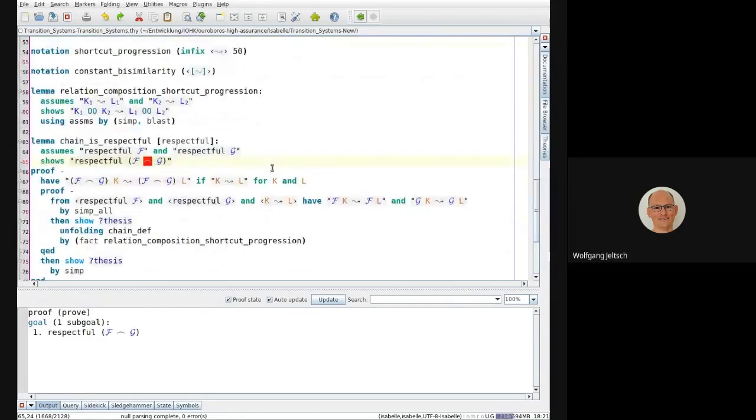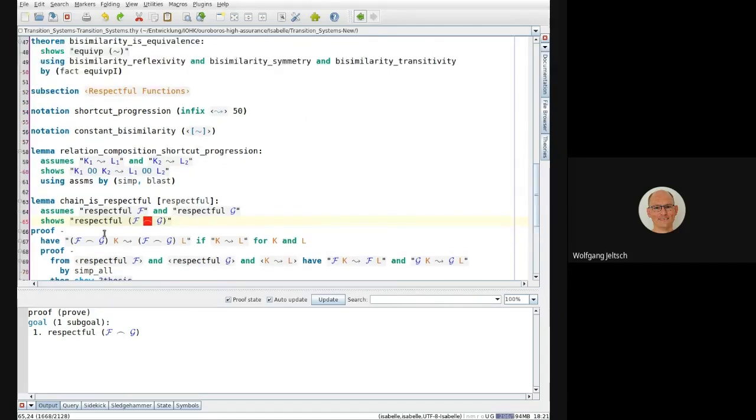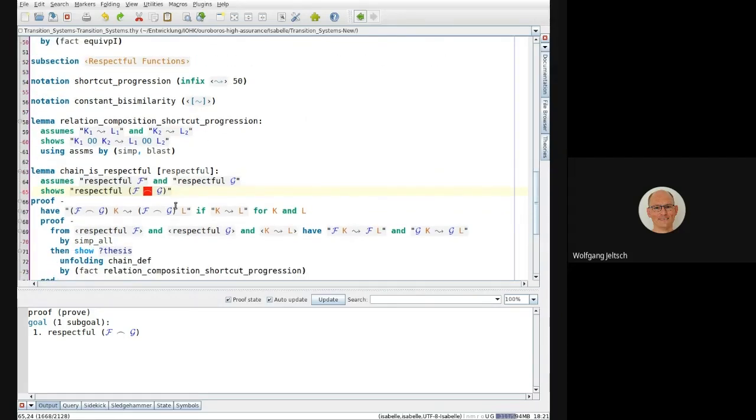We are almost through this transition system theory. Theory in Isabelle is something like a module in Haskell. So I think we have discussed this informally already quite extensively, this fact that chaining preserves respectfulness. So it rests on this observation that once we are in the realm of transition systems and know that both the original and the simulating transition relations are the same, we have,